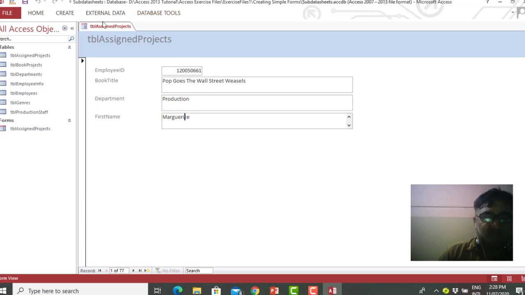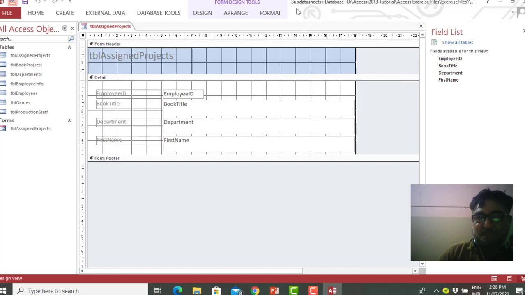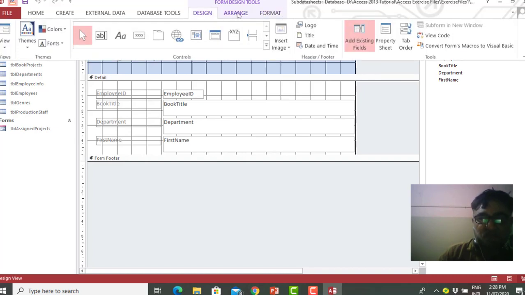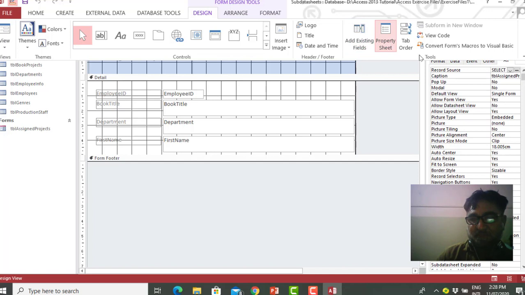For example, if we go to the design view, here you can see the form design with a property sheet.